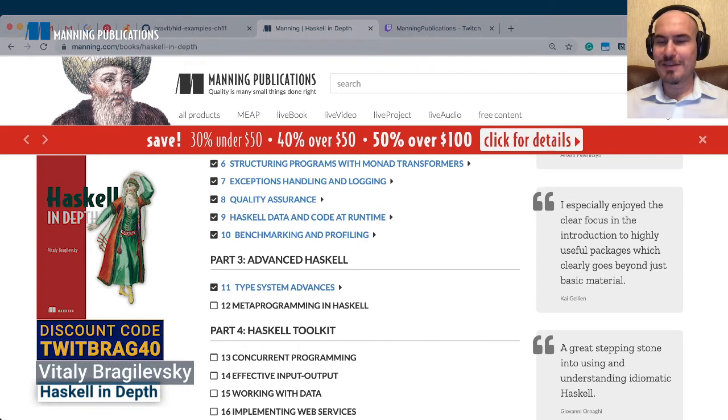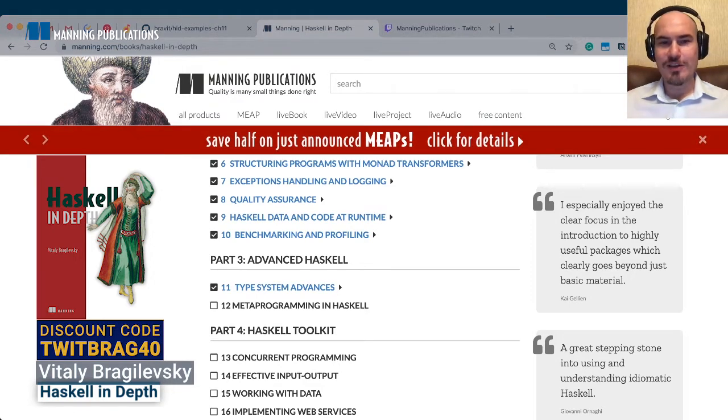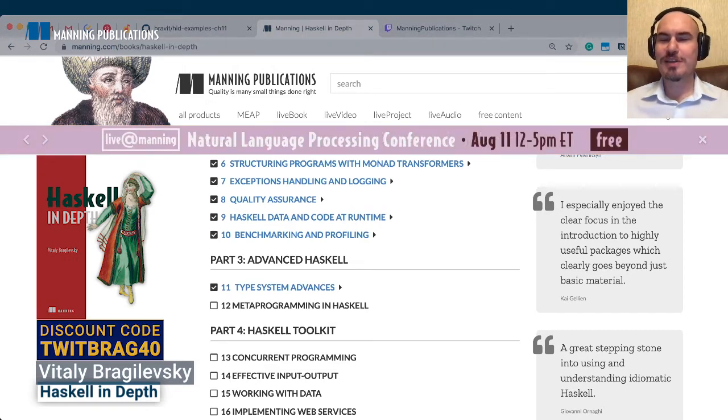And this table of contents here is a little bit outdated. In fact, while I was writing this chapter, I decided that one chapter is not enough for such an important thing for Haskell. So now we have chapter 11 on type system advances, and then I also have chapter 13, which is called More About Types.